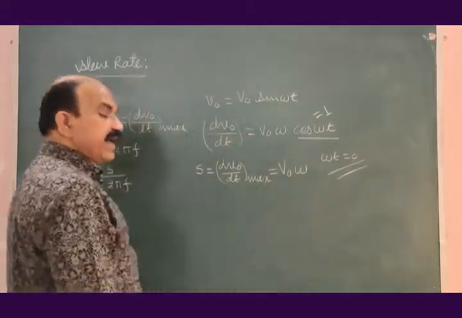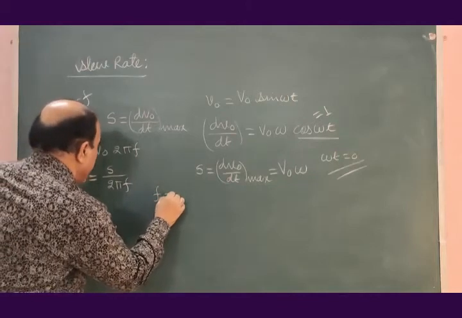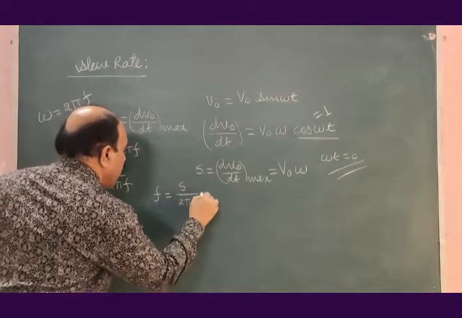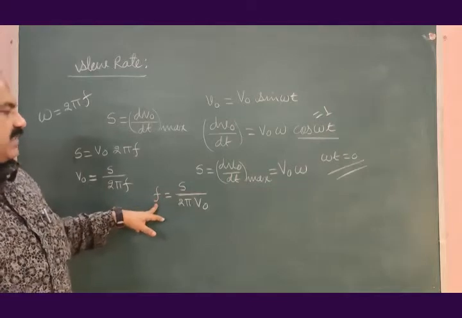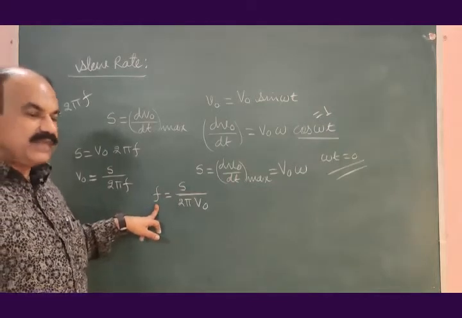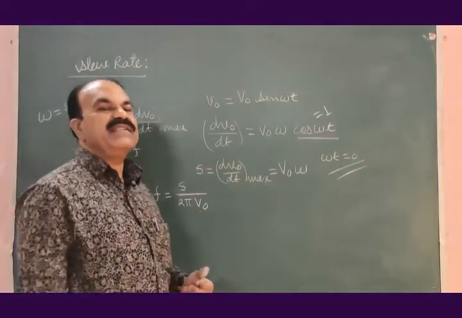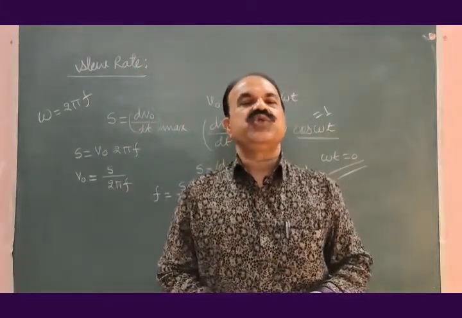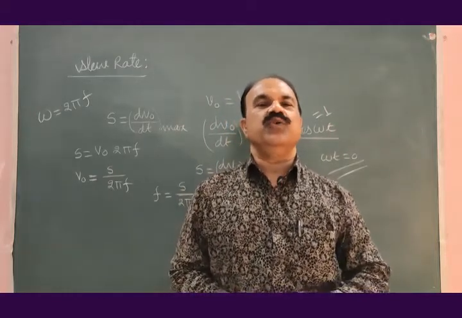If we want larger amplitude of the output voltage, we have to sacrifice the frequency. If we want to operate the operational amplifier at higher frequency, I may write this as f is equal to S divided by 2 pi Vo. 2 pi is constant. If I want frequency f larger, then this Vo should be small. It means that either frequency or amplitude of output voltage has to be sacrificed for undistorted output.